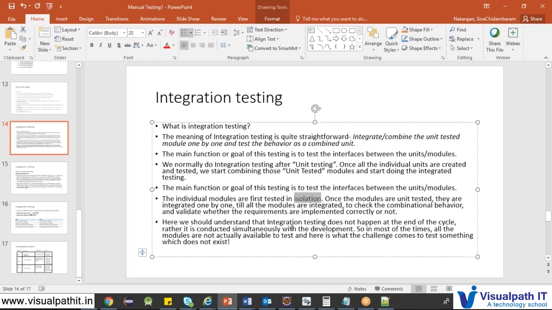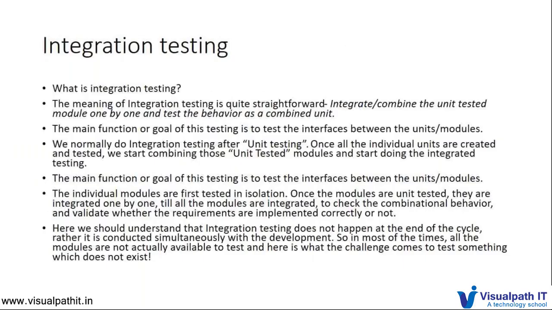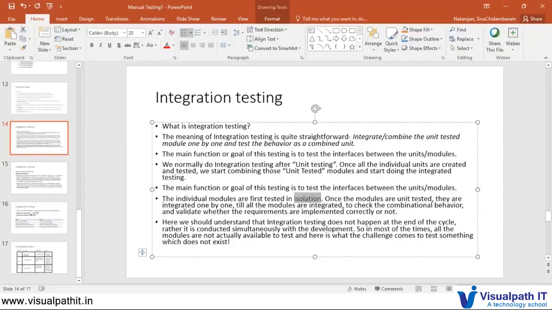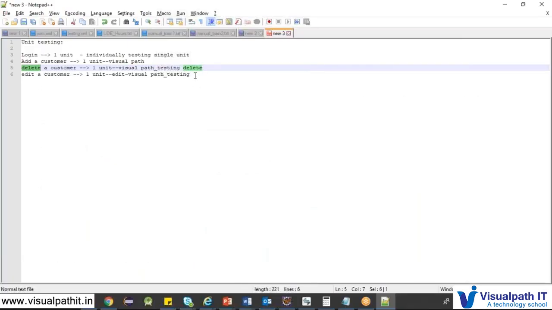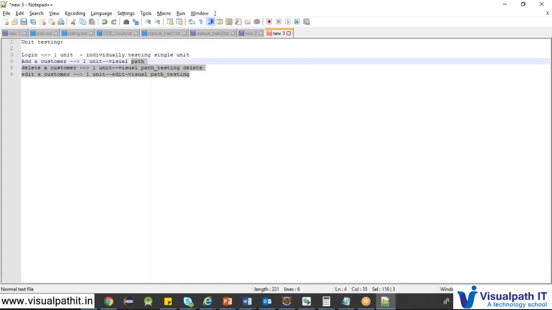So what we understand from this is that integration testing does not happen at the end of the cycle. Just when the integratable modules have been developed, they will do the integration testing. So it is not end-to-end testing from the beginning of the application to the last. The main point to note is they do integration testing only on the modules which are integrated. So for example, in our case, these three modules can be integrated, so they do the integration